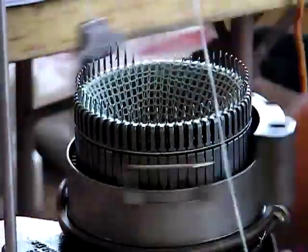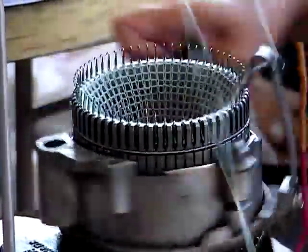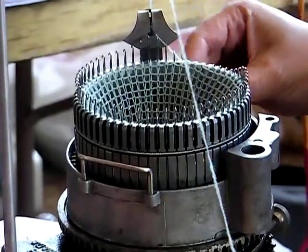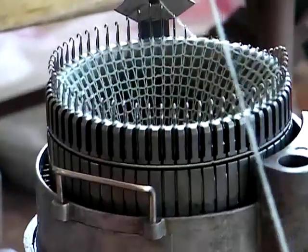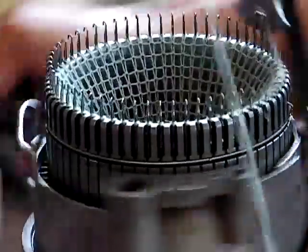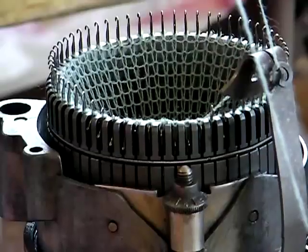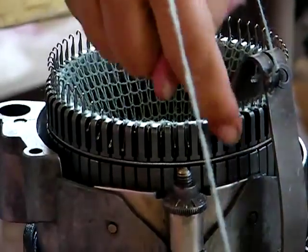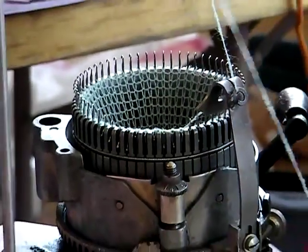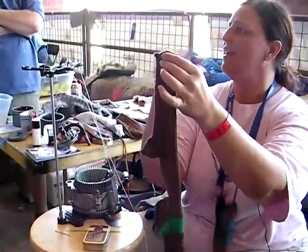And then you can go really fast. And then I can change the tension on this thing. And if you look at the squares on here, they're kind of rectangle-y. Now the rectangles are a little longer, and the reason is because the loop is being pulled a little bit further down. Okay? Now then, going back to that sock, this part, the cuff and the leg, that's knitted in the